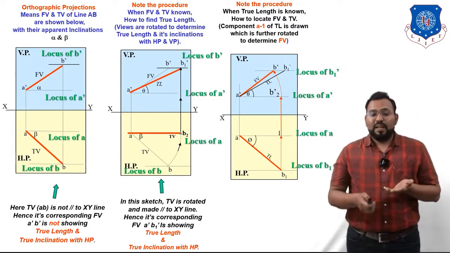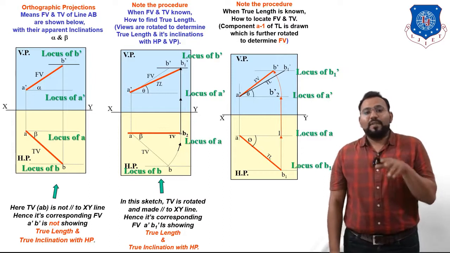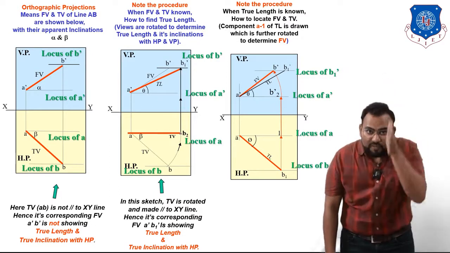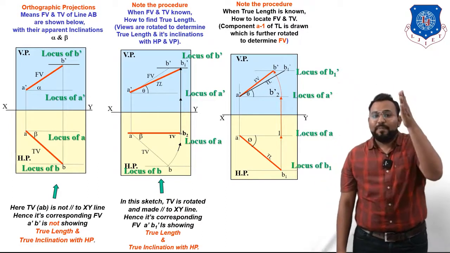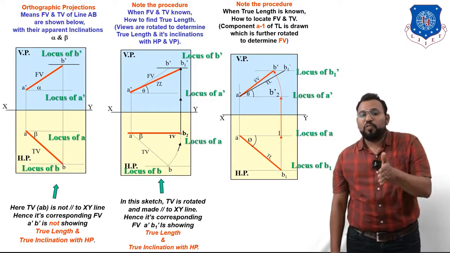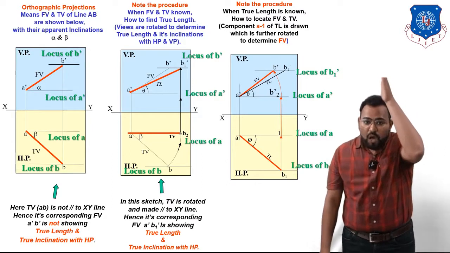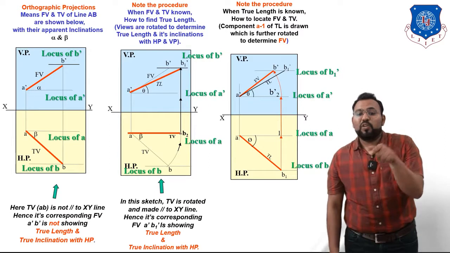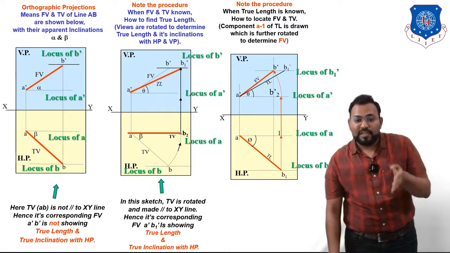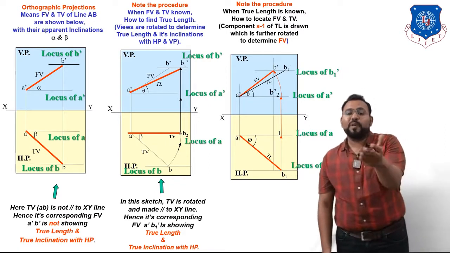Now let us see, we have to find a point B. Always remember, A' and A both come on a straight line. In the same way, B' and B both come on a straight line. So if you have found B', you can easily find B. What you have to do is, from B' draw a vertical line in a downward direction up to locus B1. Whenever it intersects the locus of B1, that will be the point B. See this vertical line? Yes, whenever it intersects, it will be the point B.